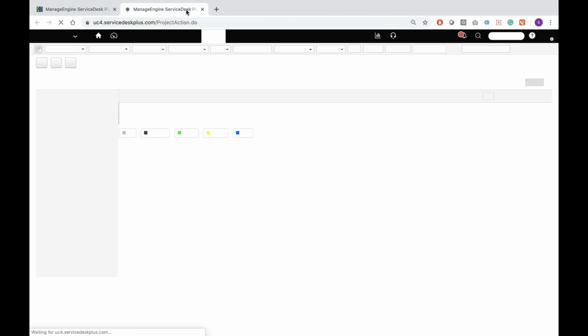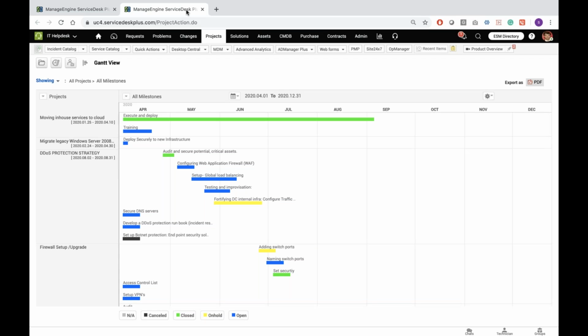So in Service Desk Plus, we can extend the implementation of the change through project management. When you're doing it through project management, the best part is that the project admins or project managers can view the progress of the entire project using a Gantt view, where people can see how the projects are trending and what the subsets of each project are, like the milestones and where it is. You can export the data as a PDF.